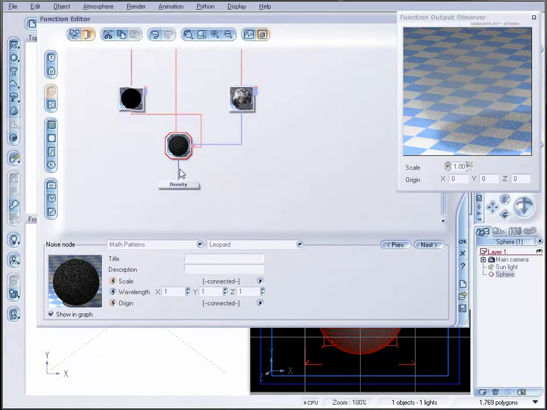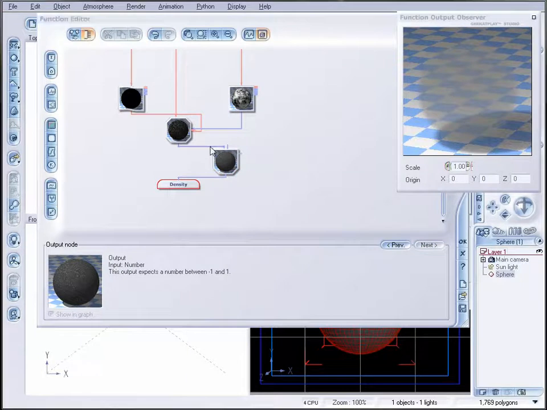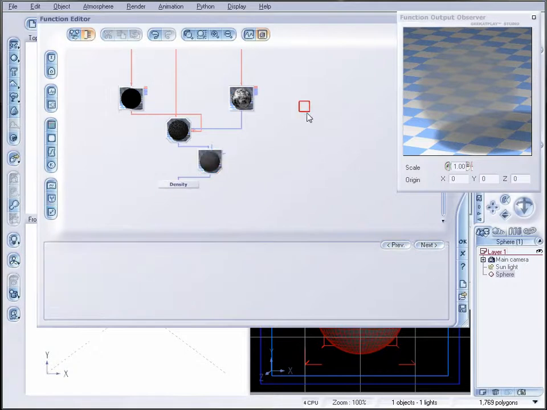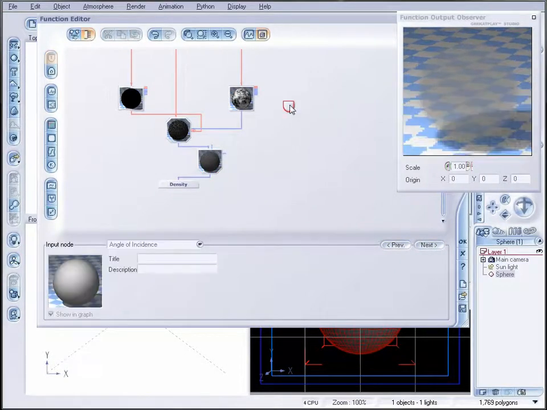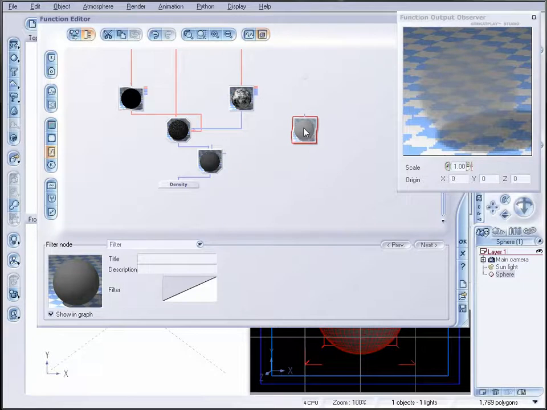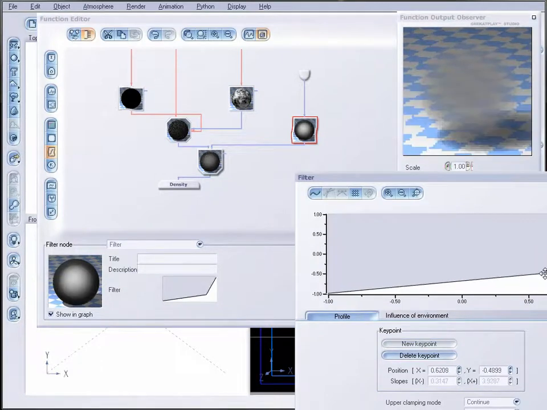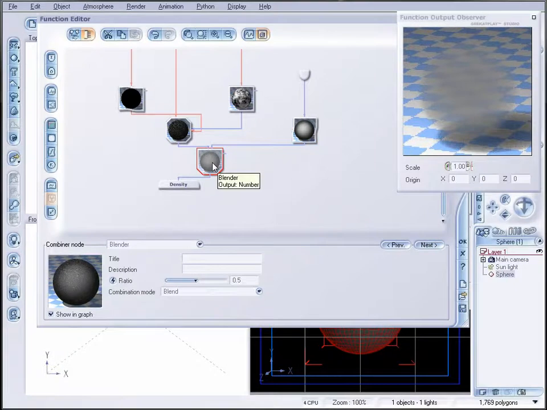So next, what I want to add right here is a blender, and we'll switch this one to combiner. Okay. Well, let's leave it as blender actually for now. Let's adjust the stuff. Also, let's click on the side and add edge of incidence. Next, what I want to add is a filter. We'll connect those together, and I will take from our blender and connect it to this filter. Also, I want to modify the filter slightly. Just adjust a little bit like this, so we can see how the edge is going. Let's click OK, and now